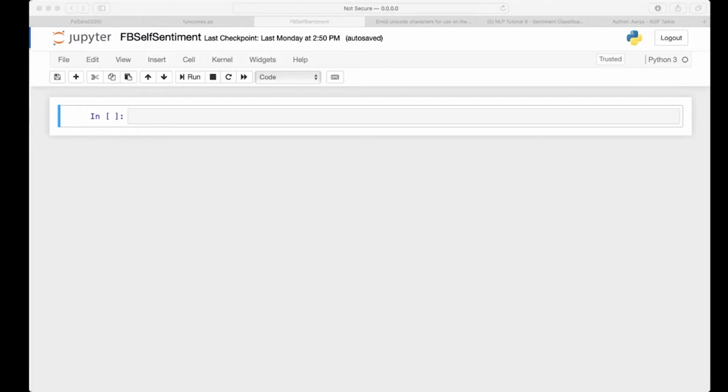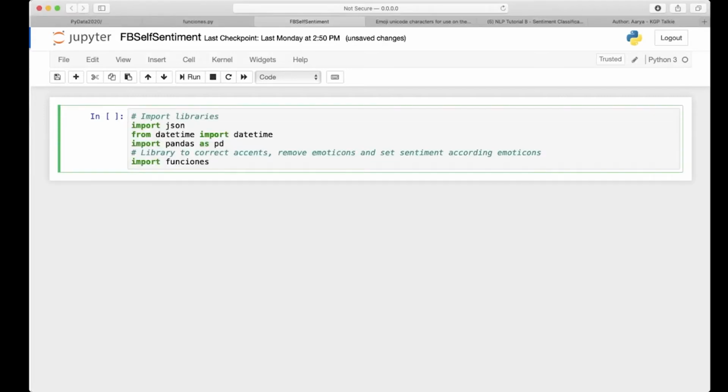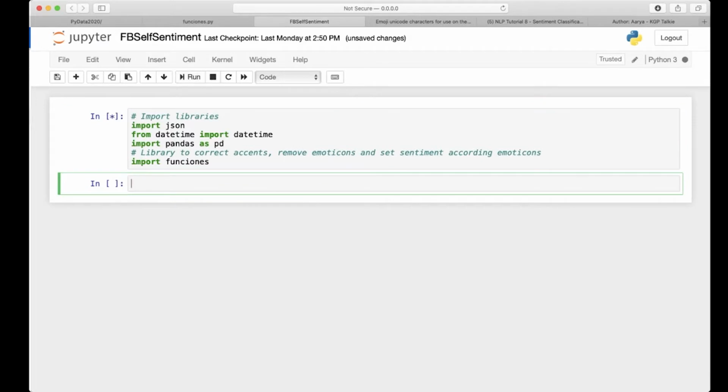One approach when you are analyzing sentiment in a language other than English is translation. The idea is not to translate, it's to process in the original language, and that's why I'm going to use spaCy again. I'm going to use the same libraries as in the previous ones: json, datetime, pandas, and